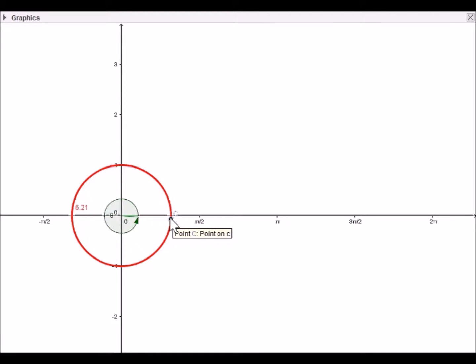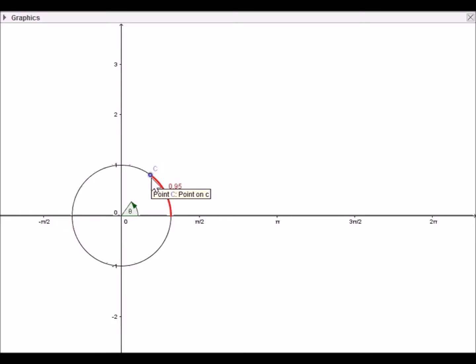And this is a positive angle because I'm rotating counterclockwise. So if I would keep on rotating, I would get angles or arc length beyond 2 pi. Similarly, if I rotate clockwise, I would get negative angles, but I won't do it here because my applet doesn't allow me to do it. So if I have an angle,